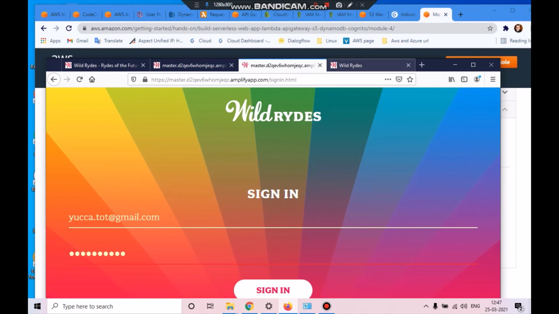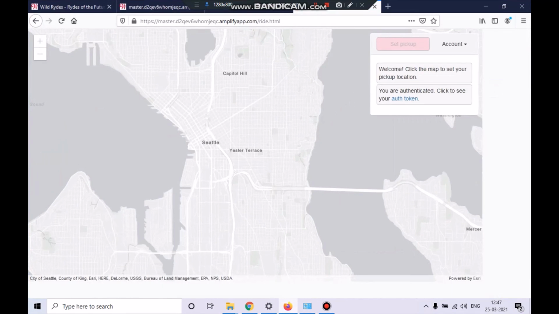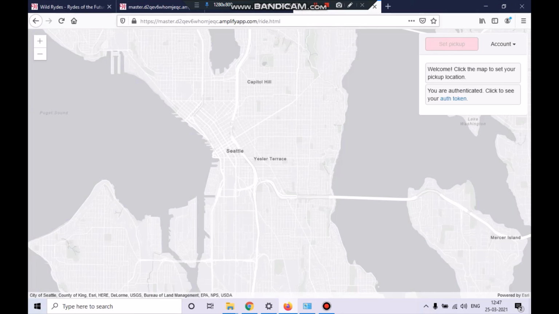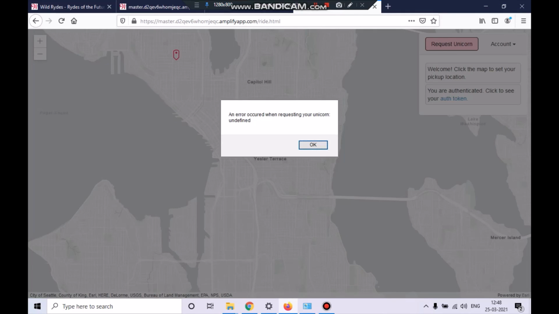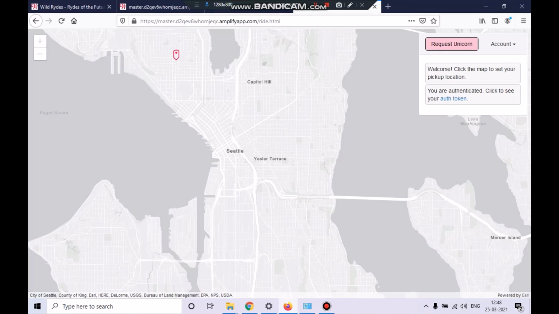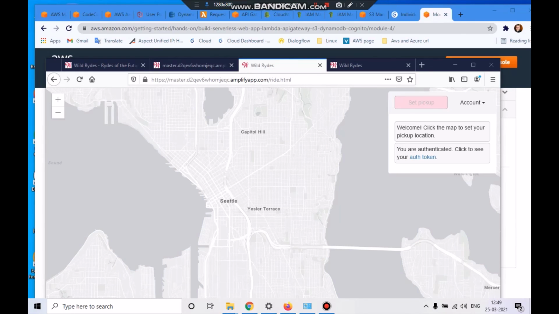At that time you'll be getting this website. It will be loaded at the beginning stage, and now you can put a point anywhere on the map, just highlight it and request unicorn. Last time I got an error because of network issues, and I'm placing a request right now.